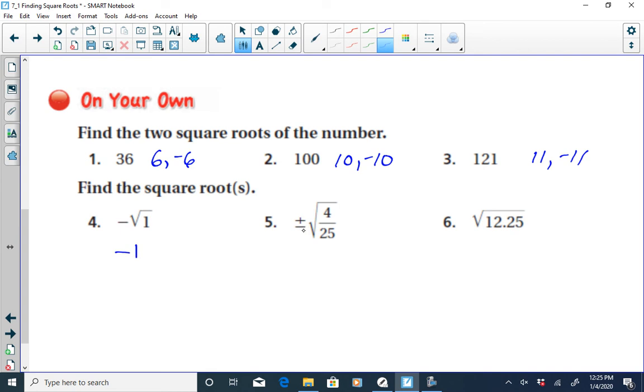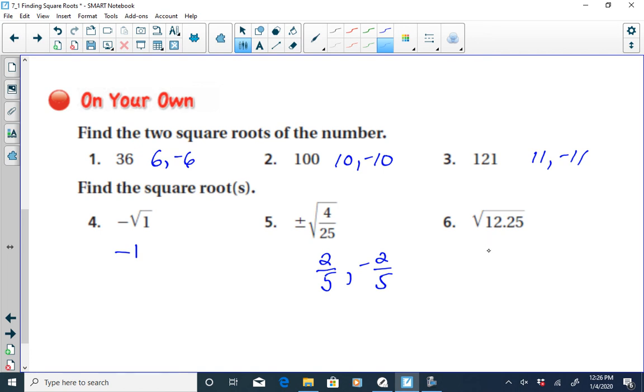We want both the positive and negative square roots of 4/25. Well, the square root of 4 is 2. Square root of 25 is 5. So we want both 2/5 and negative 2/5. All right, and then we have what? The square root of 12.25. All right,